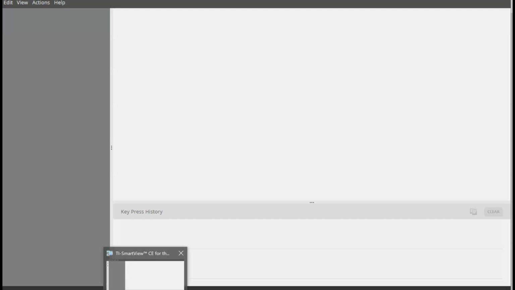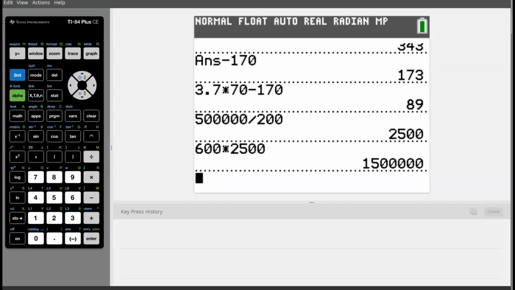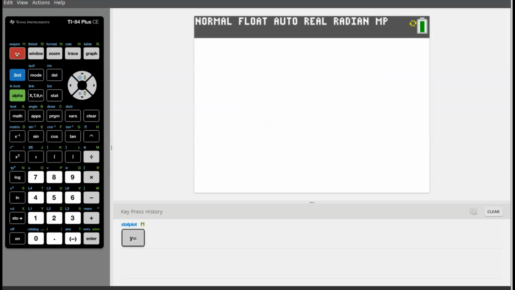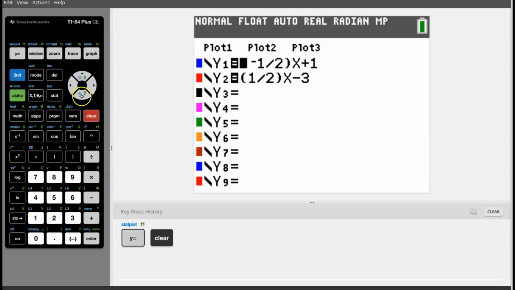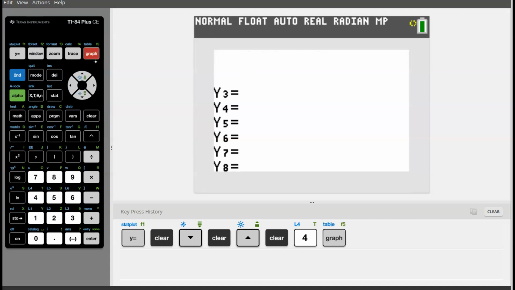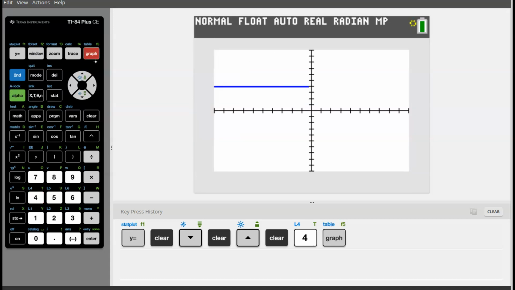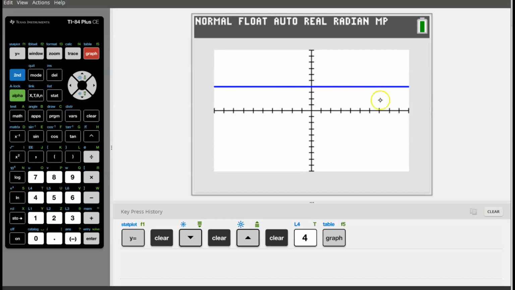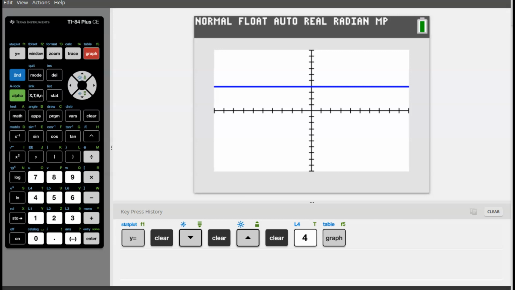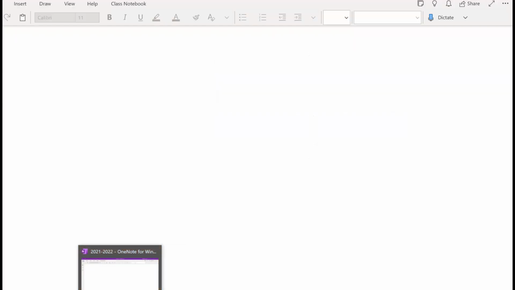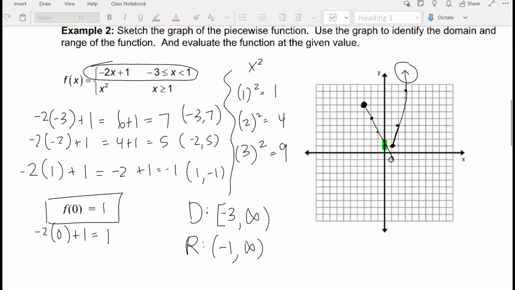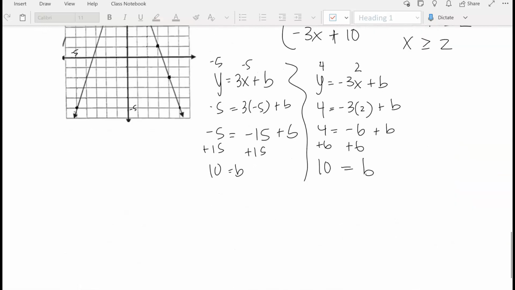And it closed out. I was going to show you the graph. Let's see. Now it's doing weird things. So clear. So if we put in 4, we graph it. See, it's just that straight line. Now let's go back to the notes, and hopefully it's in that same spot that we left it at. Oh, it went up. Okay. No, it's not a problem.